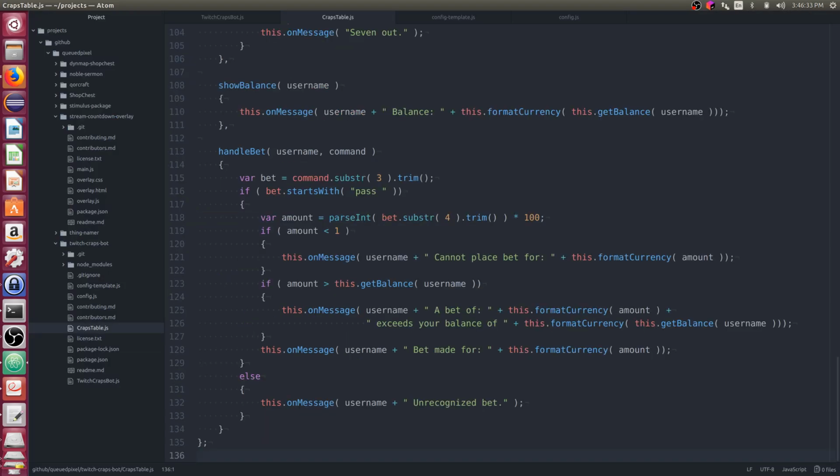I probably need an else if in here. Yeah, so if amount is less than 1, we do that. We could do a return, or we could do an else. Pixel Group sees the same thing. He tries to place a bet for -10 and gets the same result there.